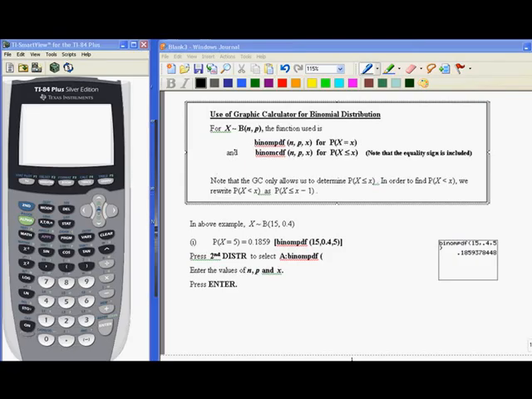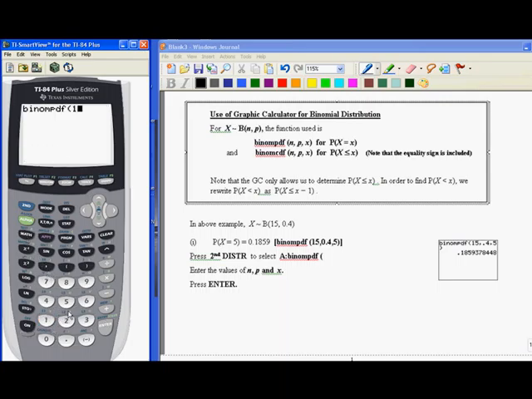If X is a binomial distribution where n and p are known, then we can use the GC to calculate. In this example, X is a binomial distribution where n is 15, p is 0.4. Then to calculate the probability when X is 5, we go to second vars to bring the distribution out. Then we press second alpha, enter,